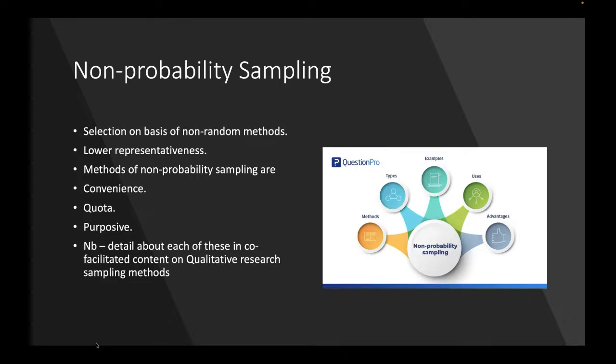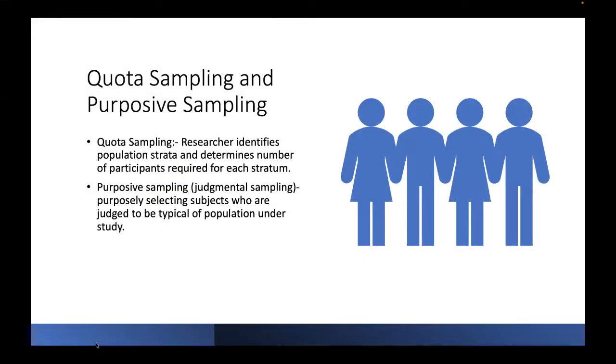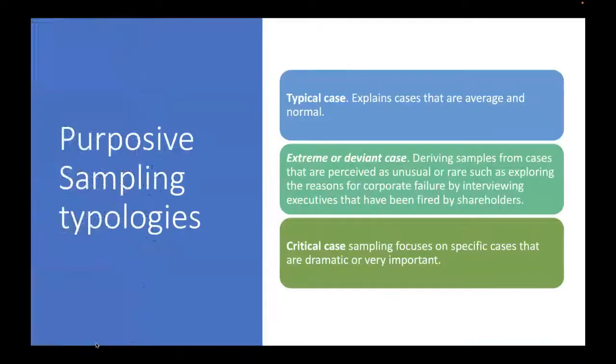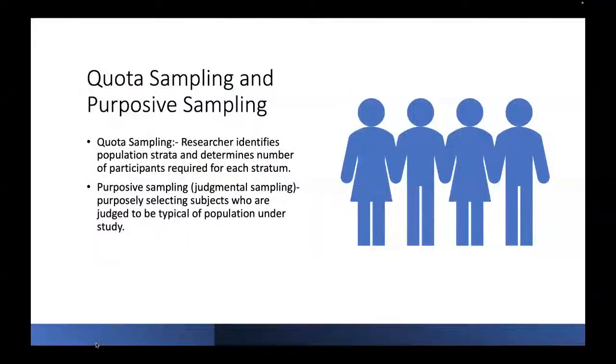Now, quota sampling is the next level up. Quota sampling is very much the same as stratified sampling, but stratified sampling, remember, spoke about proportionate sizes. Stratified sampling is mathematically driven. So you are choosing a different subset because mathematically you know that they are represented in certain proportions to each other. Quota sampling, on the other hand, is you deciding that, look,